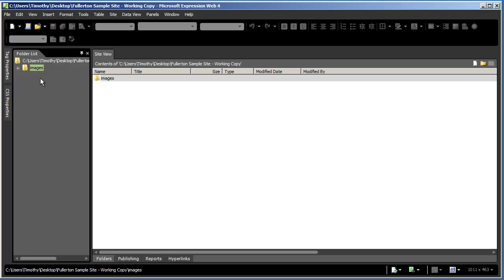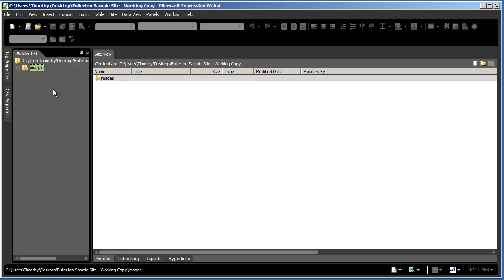And that's going to be where I'm going to go ahead and place all the different graphics that I'm going to use for my website. And you can even break that folder down more. You could create another folder inside of Images for your banner images, for your navigation images, for if you have a web image gallery, you could create a gallery folder in there. So you can create as many folders as you need to organize the content